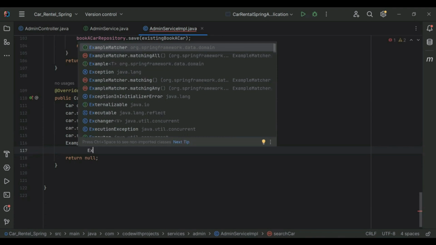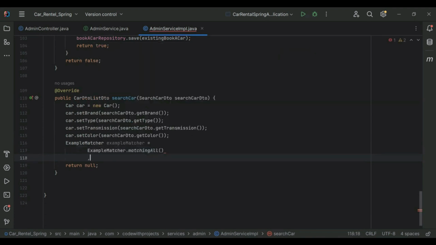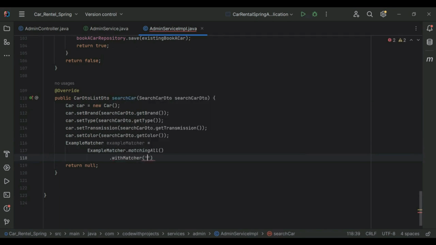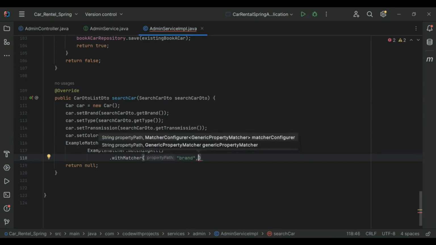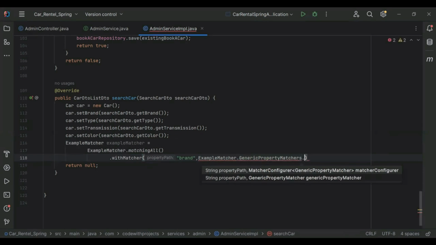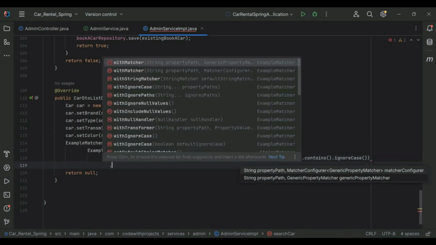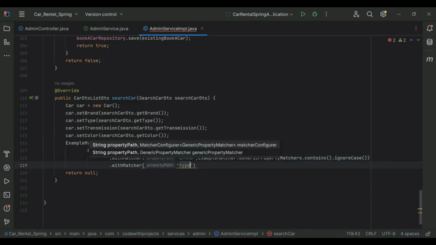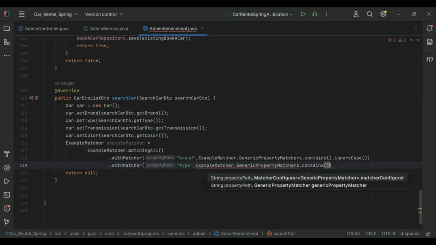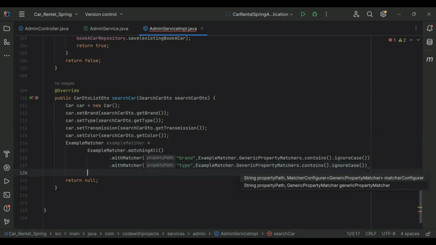And here we need to call ExampleMatcher.matchingAll. So it will be withMatcher. First we need to pass the brand. So it will be ExampleMatcher.GenericPropertyMatchers.contains().ignoreCase(). Second, that is the type, with the same ExampleMatcher.GenericPropertyMatchers.contains().ignoreCase().